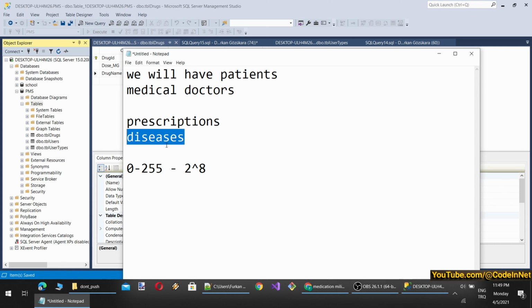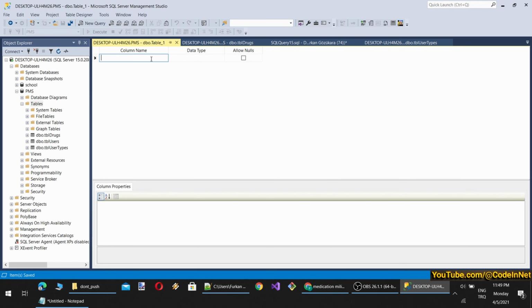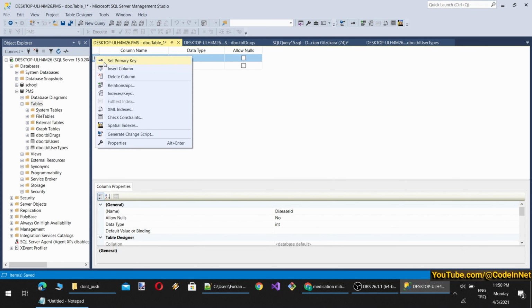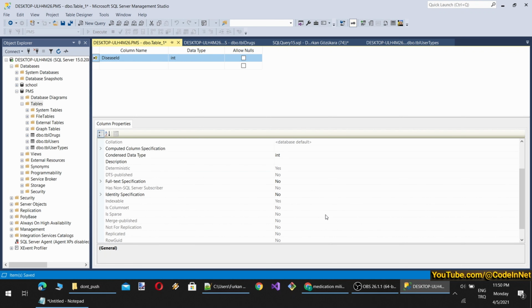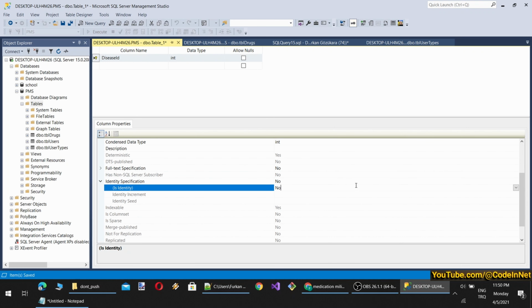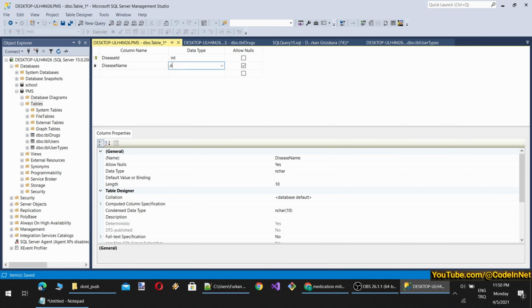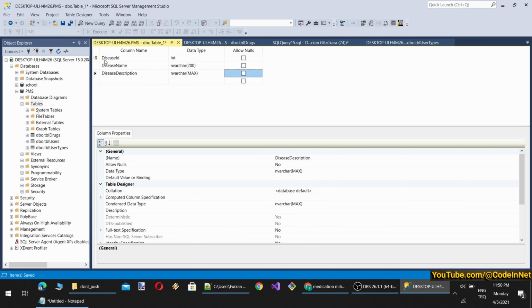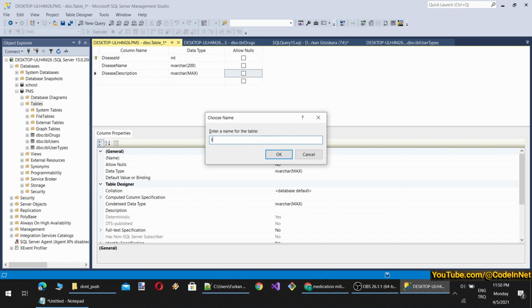Then we will have diseases. Do we need diseases for this task? Yeah, for searching, we would need a disease ID. You see, the database design is totally up to you. How you design it, how efficiently you design it. It is about your experience, your experimentation. Okay, disease name. And there can be disease description. We could expand this database for disease symptoms and such other things, but it would make it even more complex. We don't need that right now. Okay, there will be disease ID, disease name, disease description.